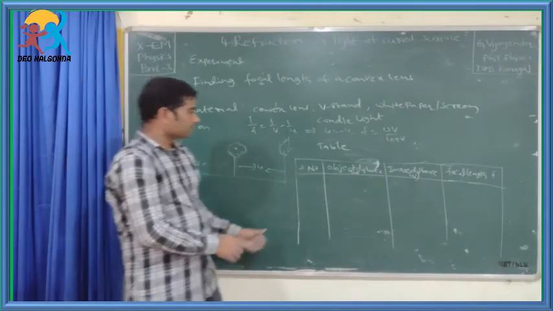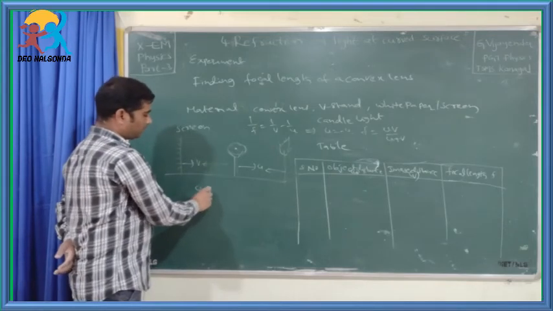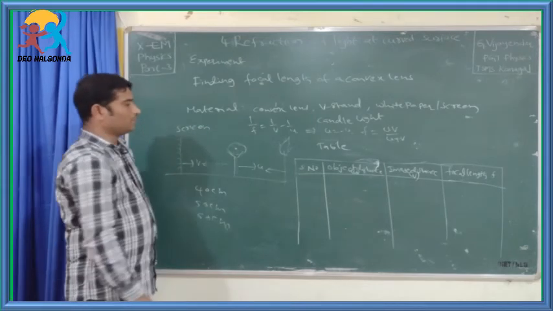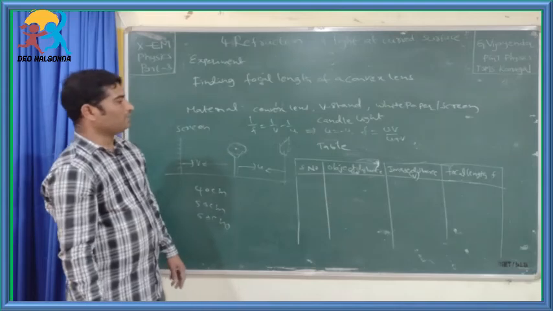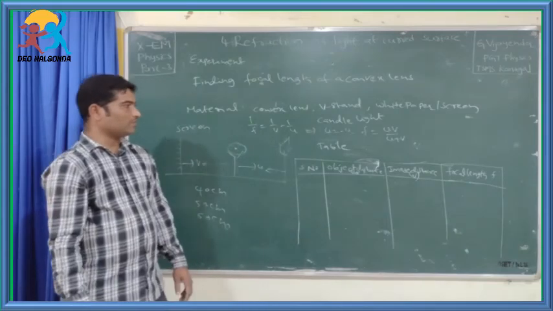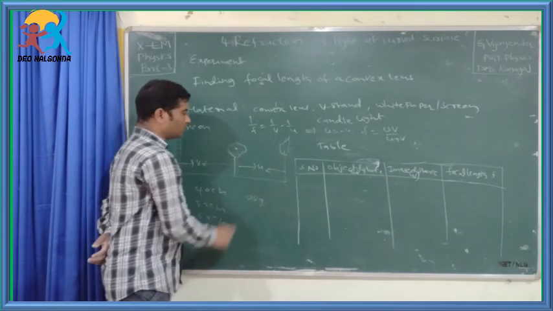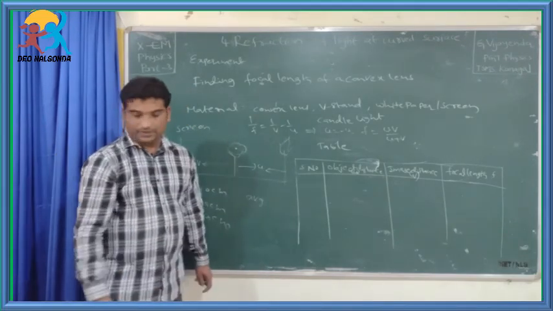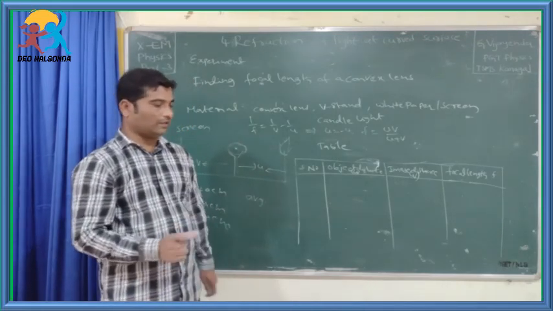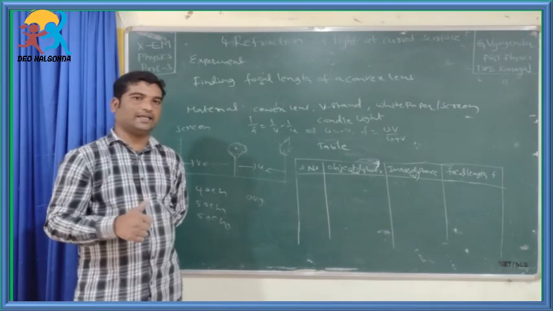Note down the values in the table and repeat this experiment for object distances of 40 centimeters, 50 centimeters and 60 centimeters. Note down all these values and calculate the focal length of the lens. Here we find that in each case the focal length of the lens is the same, though there may be some slight difference. Then you take the average focal length. The average focal length will give the focal length of the lens. And we have seen that when the object is placed at a distance less than the focal length, the image is virtual, erect and enlarged.